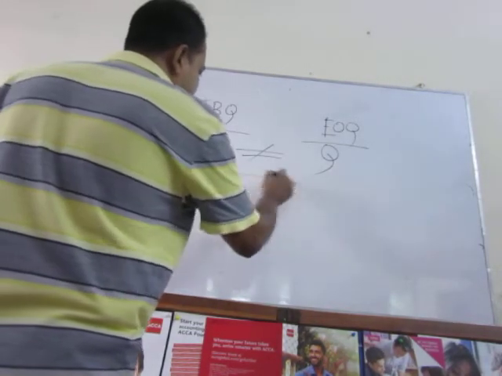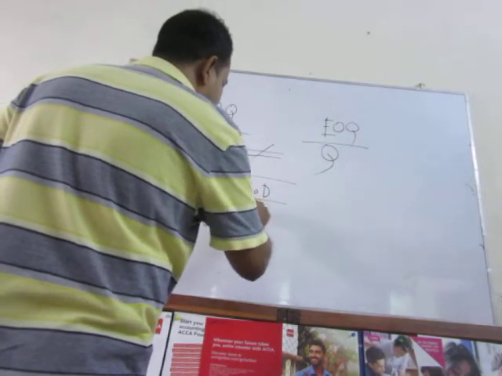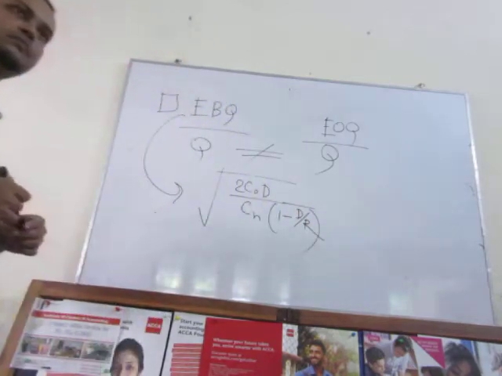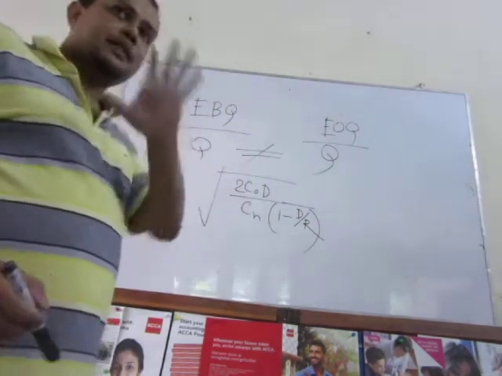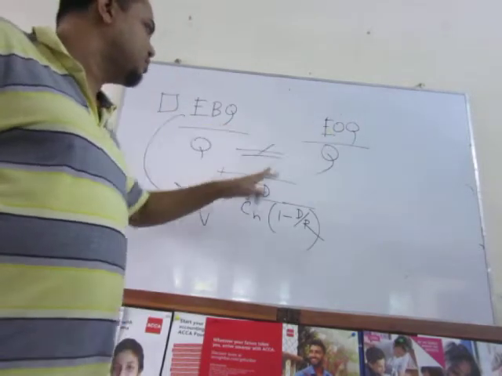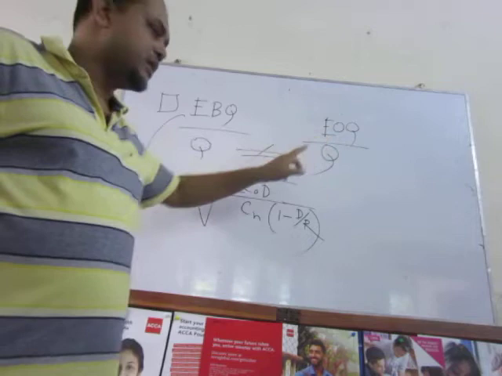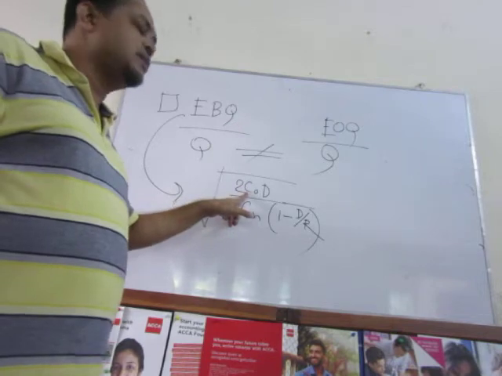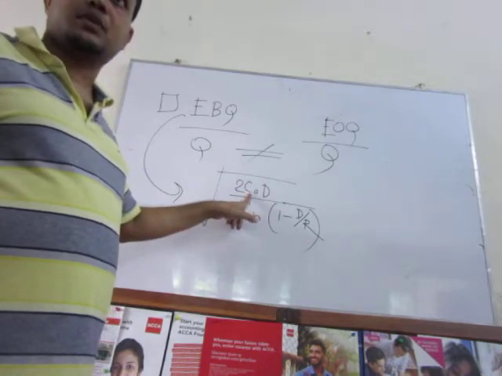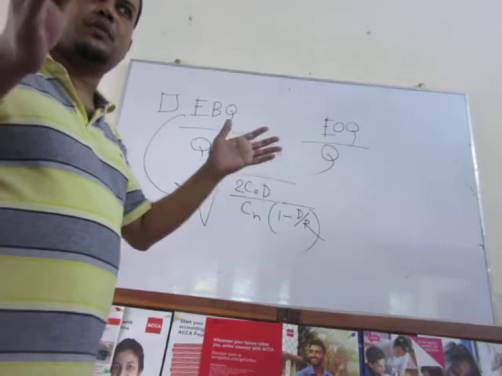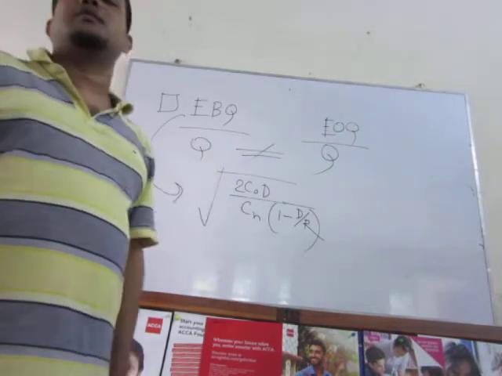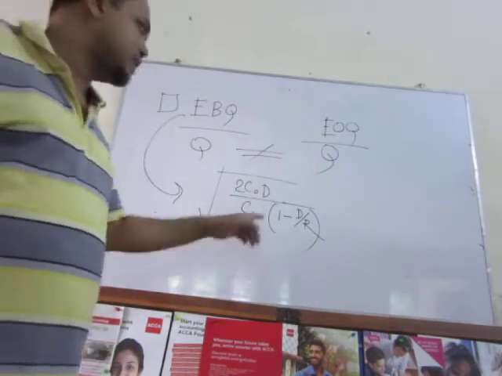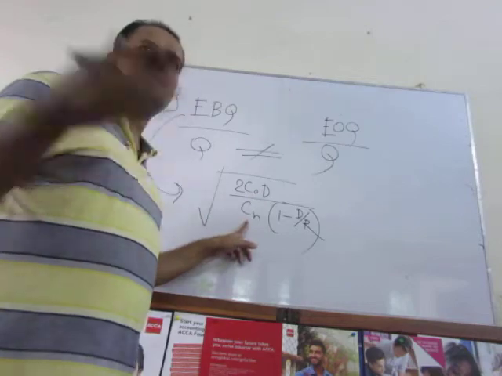And obviously it's a model. The model is 2CoD by Ch into 1 minus demand D by R. Here are some differences. Initially in this EOQ, Co means ordering cost per order. But in the case of EBQ, we are manufacturing, so in that case this Co means machine setup cost, setup cost per batch. To go for producing a specific batch, before producing there will be some setup cost. That is Co. Ch is holding cost per unit.